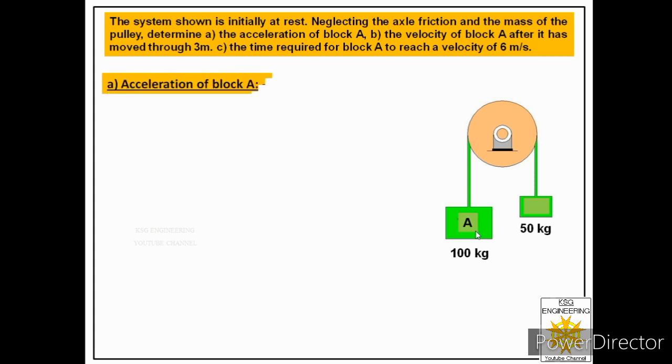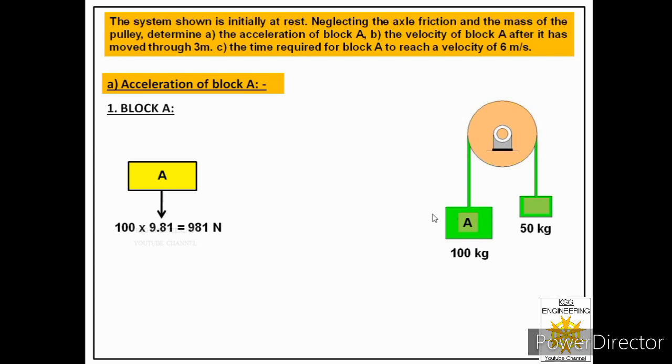So let us first find the acceleration of block A. In order to find it, we have to draw its free body first. So let us first draw its free body. For that, we have to represent block A first. Now let us see what forces we have to represent in this free body. First, we show the weight of the block acting in downward direction. We are given the mass of the block as 100 kilogram, so we multiply that by 9.81 to get its weight. That is 981 newtons, and we show that in downward direction.